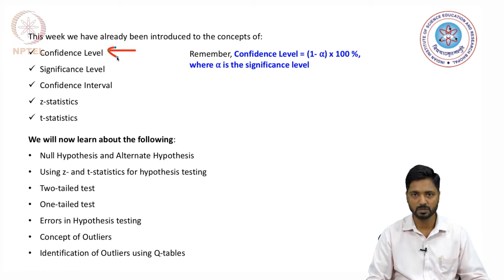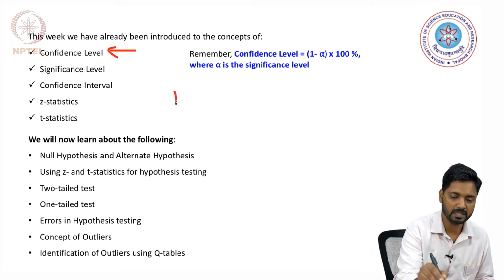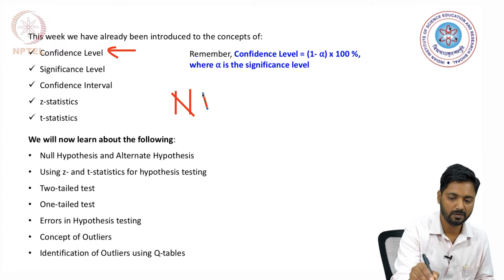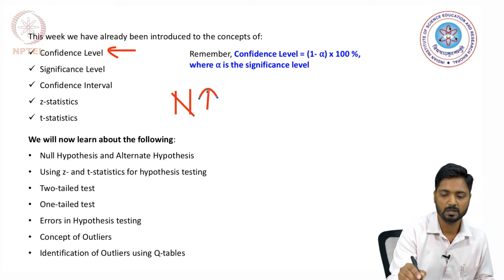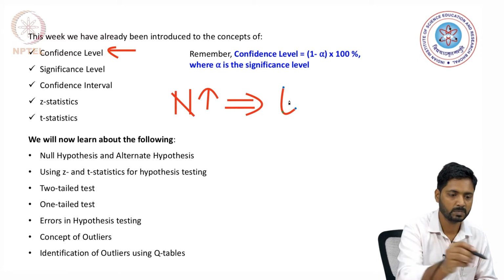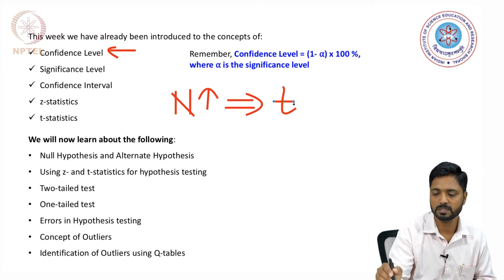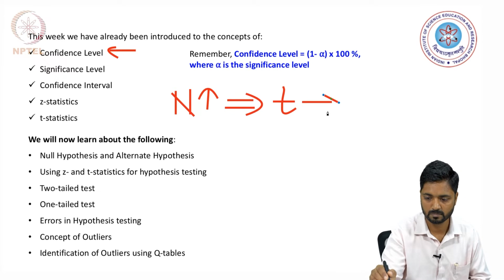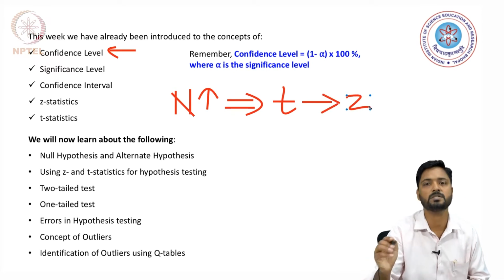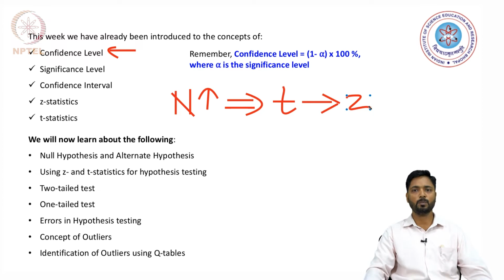And we also understood that when the number of readings for a sample is large, then the T statistics tends to the Z statistics. In other words, when n value increases, the T statistics tends to the Z statistics. So, with this basis, now let us start